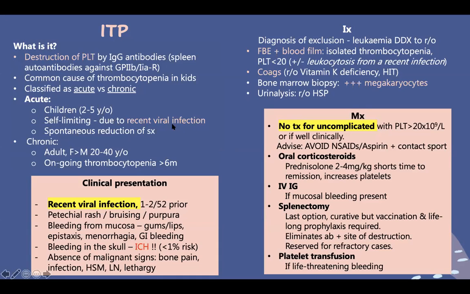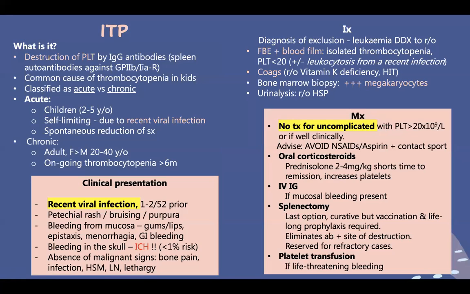So, self-limiting due to viral infection, and symptoms just go away on their own, but sometimes children need supportive therapy. So again, you're looking for that recent viral infection, you're looking for that particular rash. Sometimes, because your platelets are getting attacked, you can have intracranial hemorrhage, but it's very rare. Even if your platelets are less than 20, you still have a less than 1% chance of bleeding in the brain,